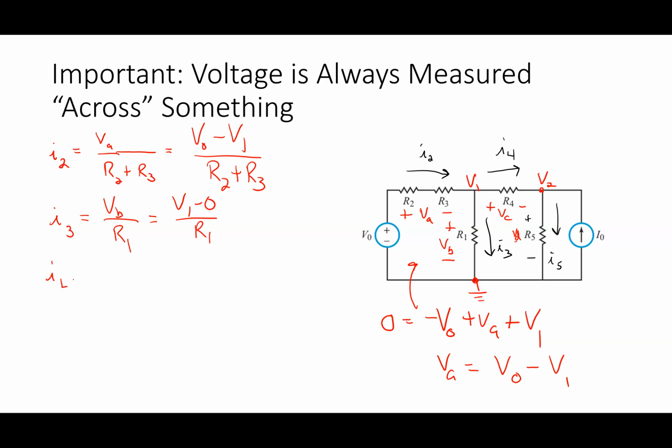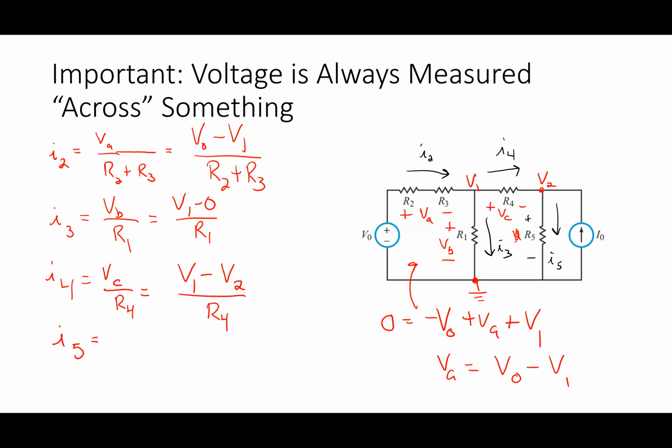So I4 would be VC divided by R4. Well, that would then be the node voltage at the plus terminal minus the node voltage at the negative terminal, divided by R4. Right, and then for R5,